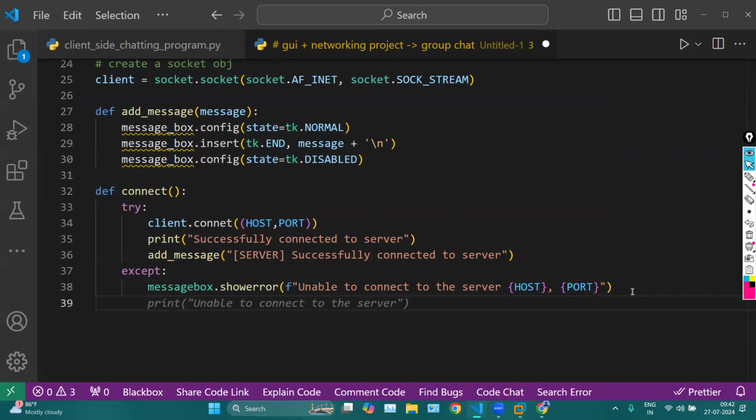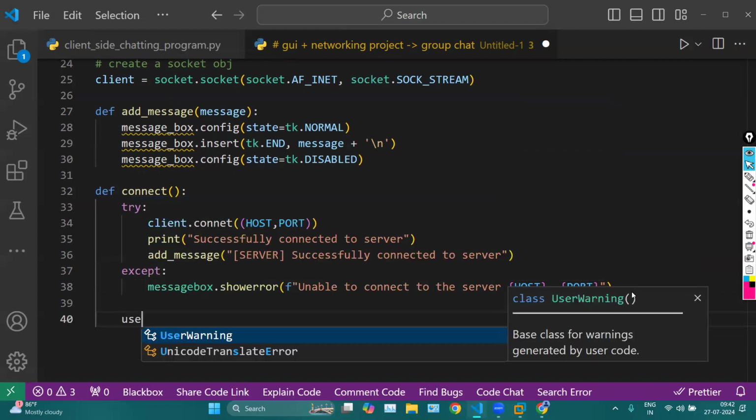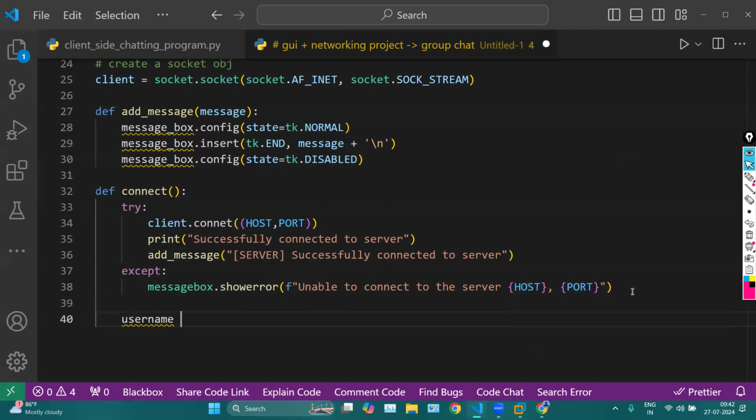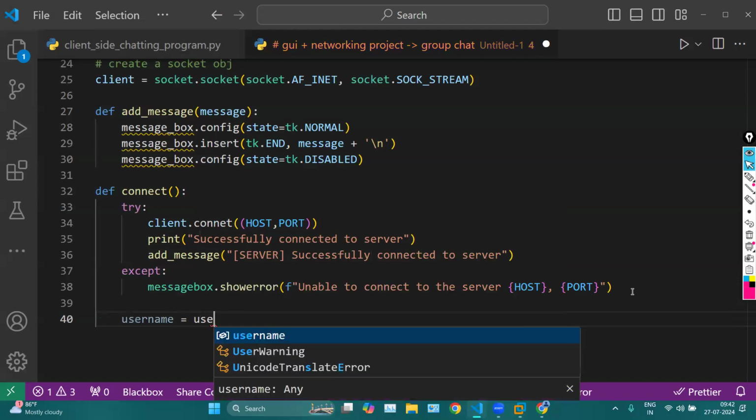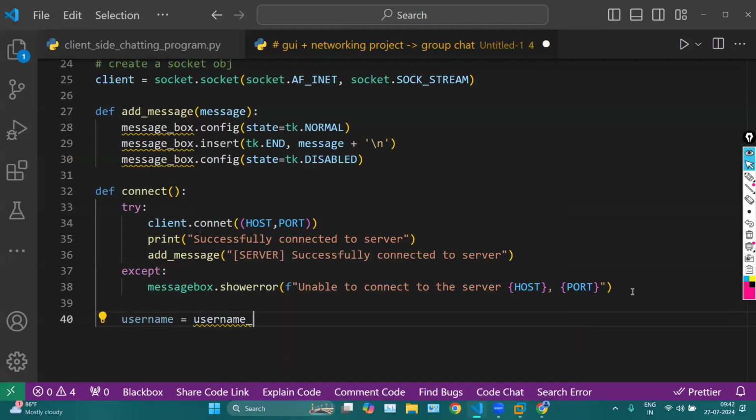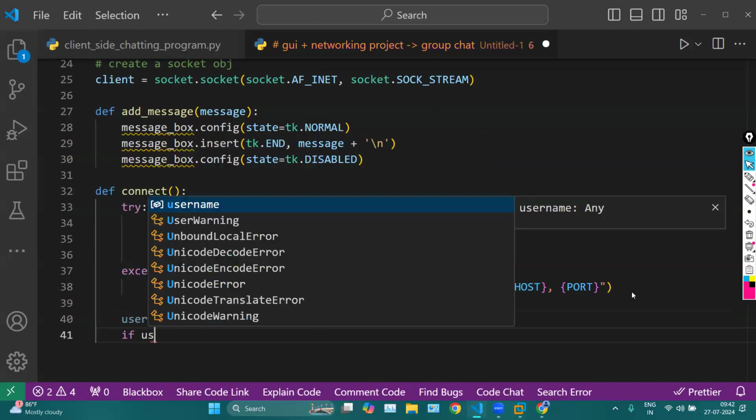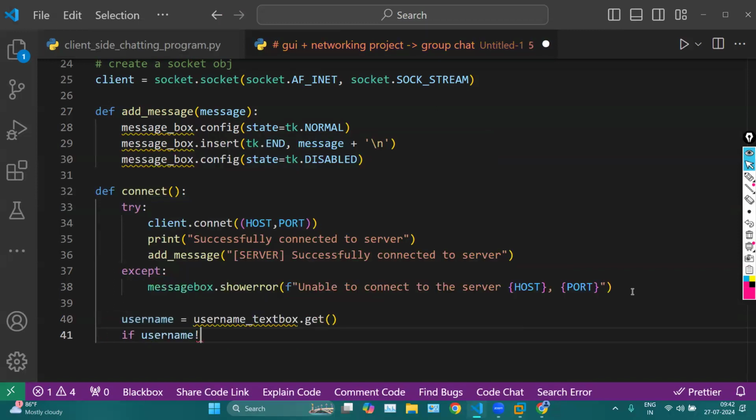Then here we can use the username. If we manage to connect, then here we can apply our username. So username dot underscore text box. So we will take a username from the text box dot get. Okay. Then if username, if there's no username, if the username is empty, then